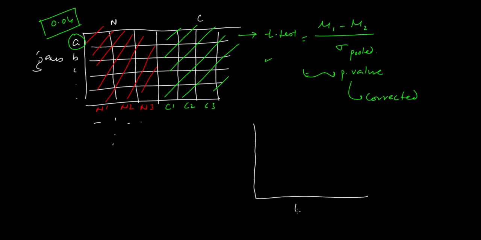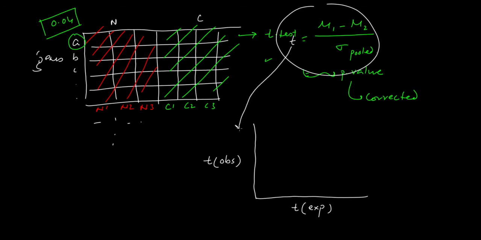So let's say I plot this t statistic that we get from this equation. This is your t value, right? For the expected sample, I'll tell you how we get the expected sample, and the t for the observed data. We plot them in sorted form, from lowest to highest. Now let us say I know how to calculate this. This t value is nothing but the observed one, right,